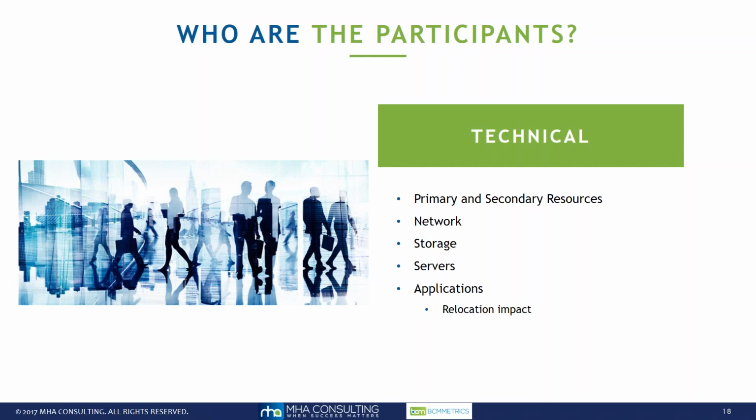Helping the defined procedures become a little bit more automated because there's manual steps or there's things in people's heads that they just do that aren't on the paper. So the secondary resource will probably make unexpected errors just because they're not as familiar with the environments. And then thinking about from an application perspective, what is the actual relocation impact? Are there performance considerations? Are there actual access considerations? Are there special configurations that you need to do? Making sure all of those secondary resources find a lot of those type of items.